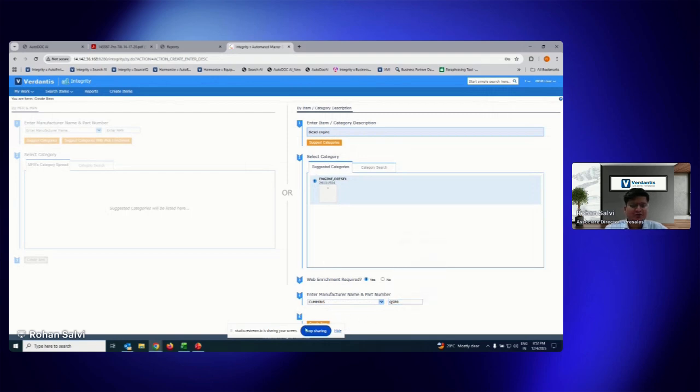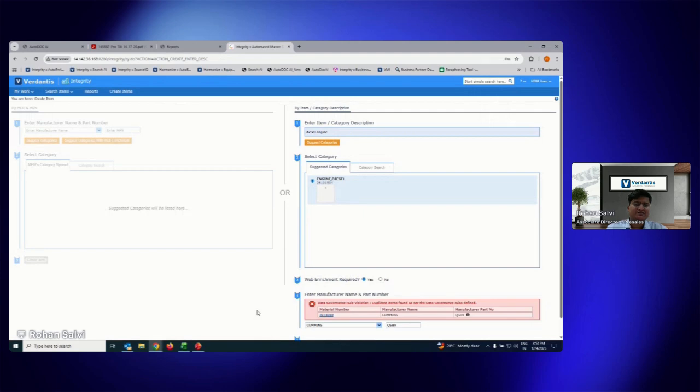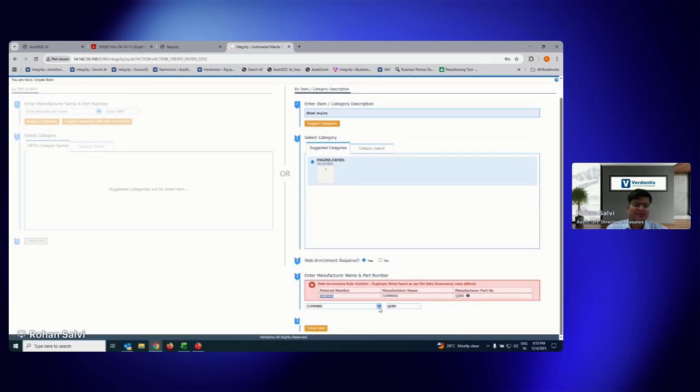Okay, so first and foremost, what I expect the platform to do is not simply go ahead and create it. It should rather perform a duplicate check. So immediately, as soon as I clicked on it, it found that this is in governance violation because this particular Cummins number already exists. So now I can visit this particular material number and see the inventory value, which plant it is present under, and if it is already present in my plant, then I don't even have to create. I can consume the existing inventory. So this is one use case.